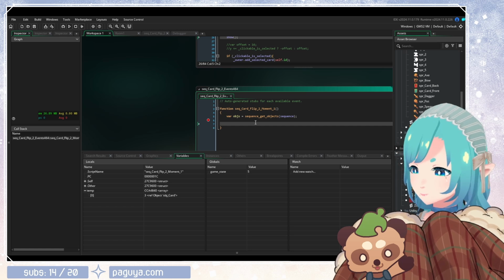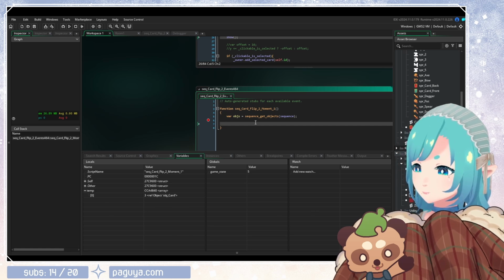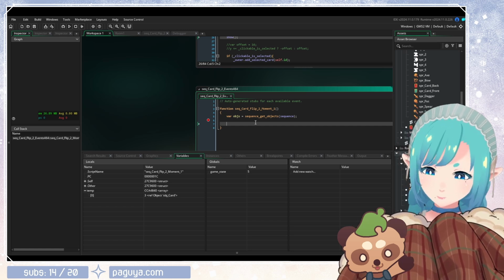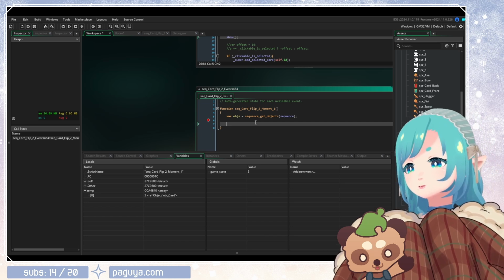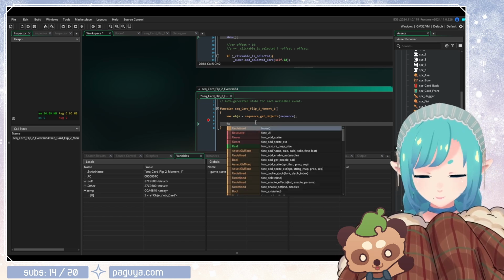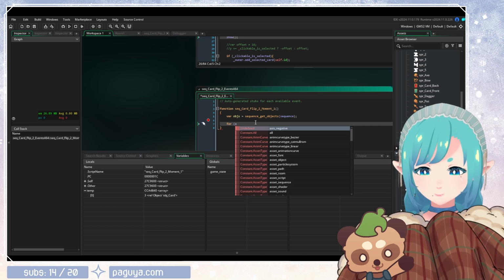We got the objects, so we're going to change the sprite index. Realistically, we only have one, but